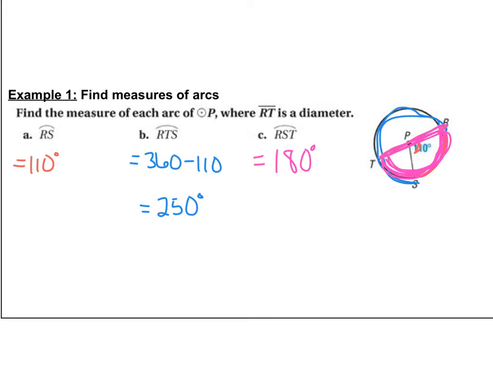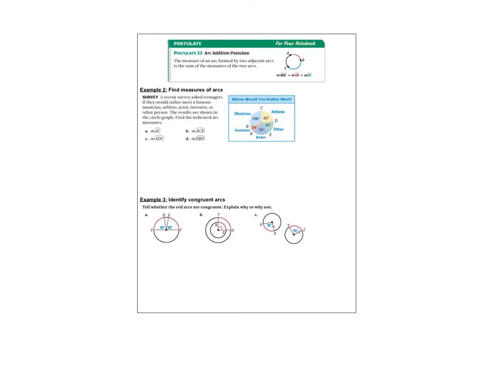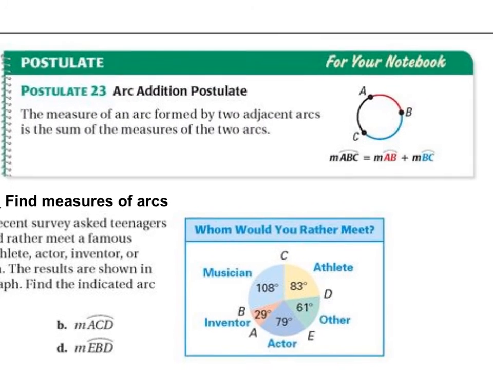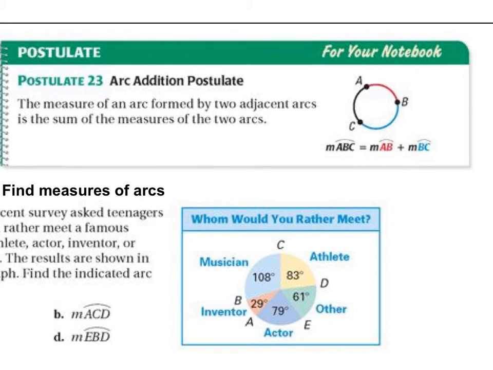It's key to know the inside central angles in order to figure out the measure of the angles on the outside. All right, so flip your notes over. Let's take a look at the arc addition postulate. It says what it means, pretty much. If I want to figure out arc